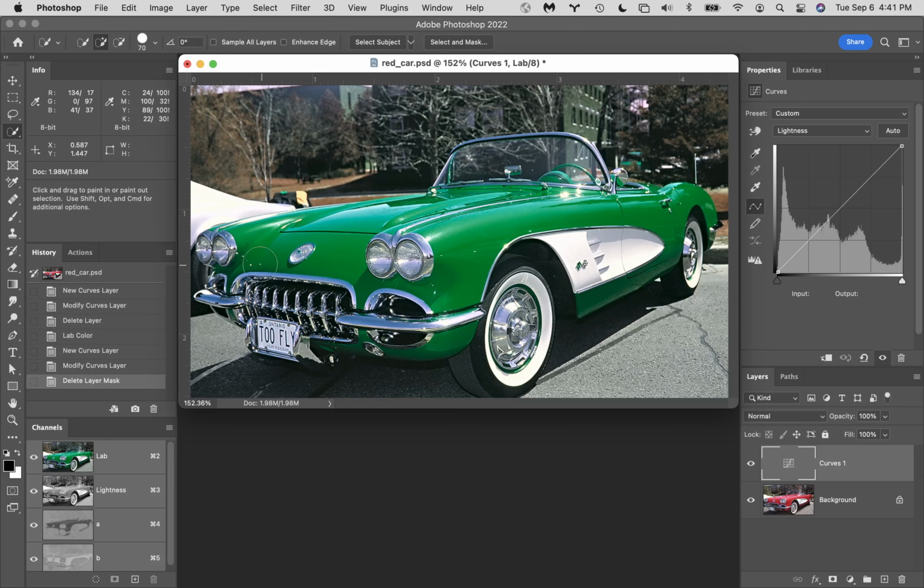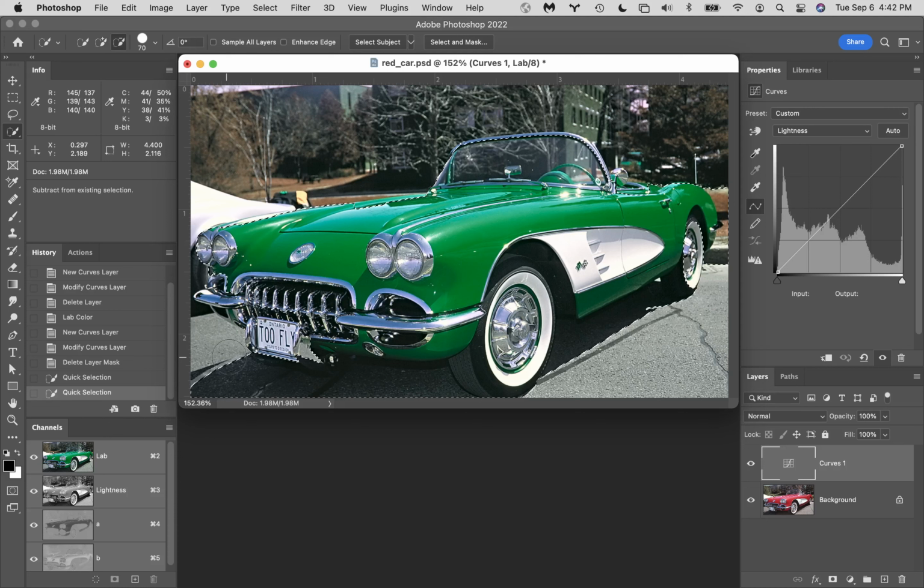So you need to stay inside the selection the whole time, and so I'm just going to do a rough selection of the car. You don't really need to worry about the tires because they picked up no color at all. If you overshoot, like I've overshot on this one, you can see I've got the shadow on the ground underneath it. Hold down the Option key and you will notice that the plus inside the quick selection tool will change